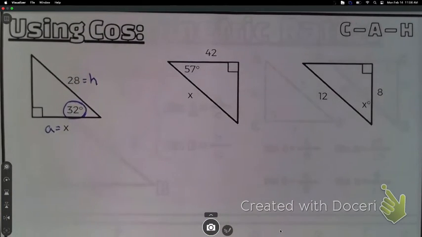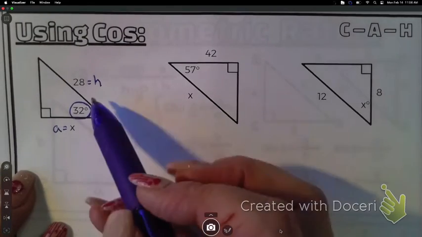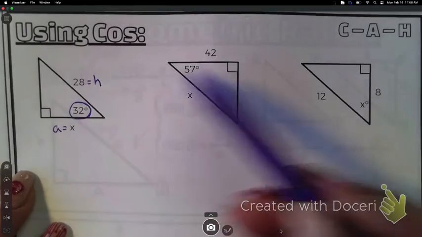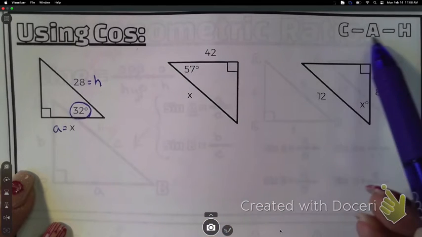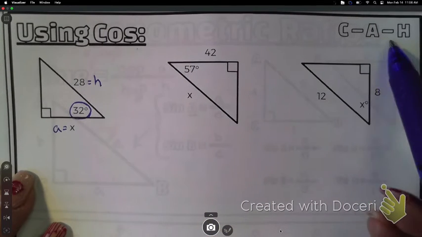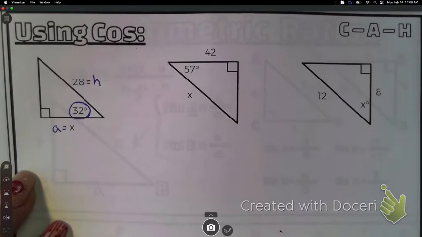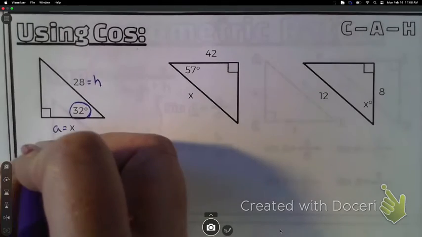It will make it so easy. If you put an A and an H and an O, is it going to be easy to figure out? Should be. If I have adjacent and hypotenuse, that means I'm going to use cosine, because cosine is adjacent over hypotenuse. So the cosine of 32